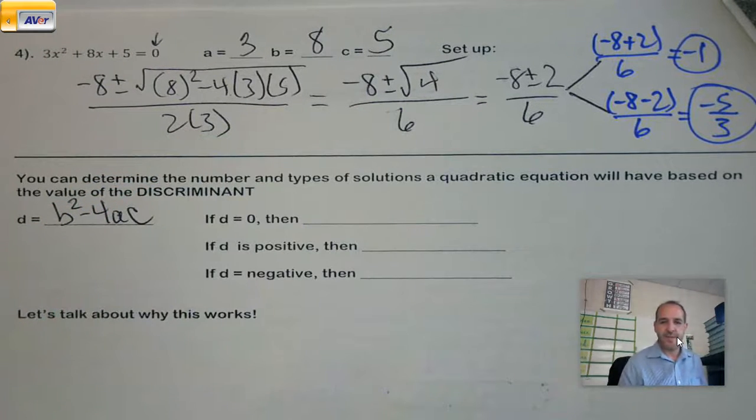You've kind of seen that recently, haven't you? It's the value that's under the radical when we're doing the quadratic formula. But notice we don't use the radical here. It's just b squared minus 4ac. And so whatever answer I get out of that, whatever d value we get, is going to determine a few things for us. If d equals 0,